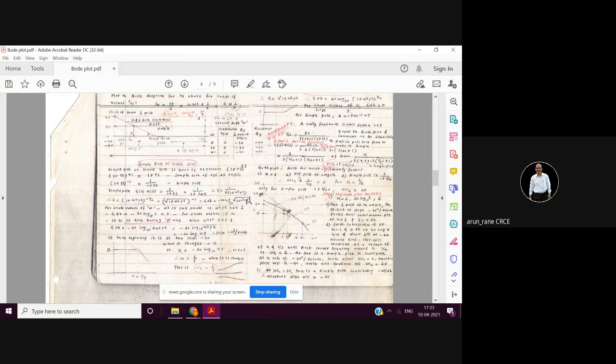So what will be G in decibel for very small values of omega T? Minus 20 log of 1 to the base 10. So what will be this answer? Log of 1 is 0, no? Yes, sir. So G in decibel will be 0. Correct. Good. So for smaller values, you will get 0. So this is 0, suppose, and this is omega.